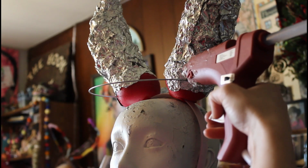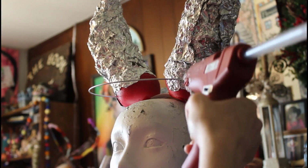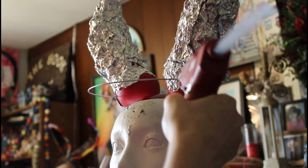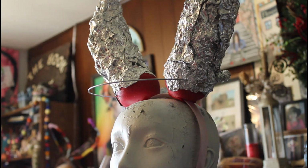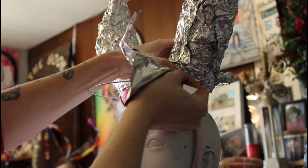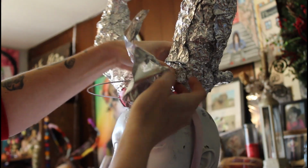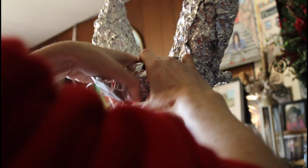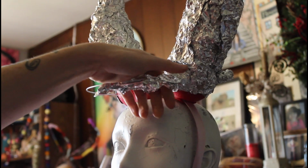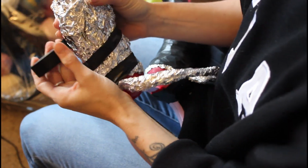So I'm just putting some glue right at the base where I put the wire into the styrofoam. And I just put a big old glob all the way around it. Take some tin foil, stick it around, stick it nicely into the glue, and crunch around it. Alright, now I'm taking the black electrical tape and I'm wrapping the horn like the other